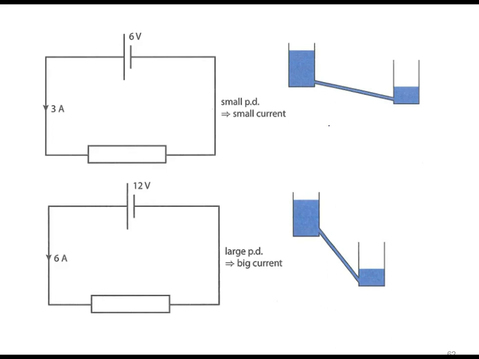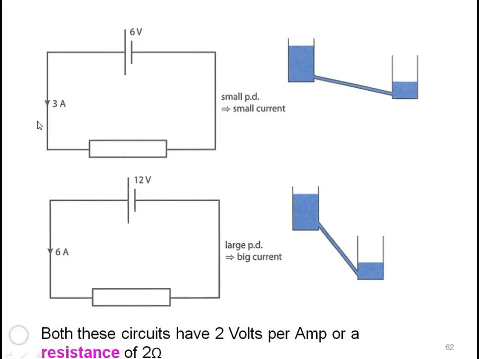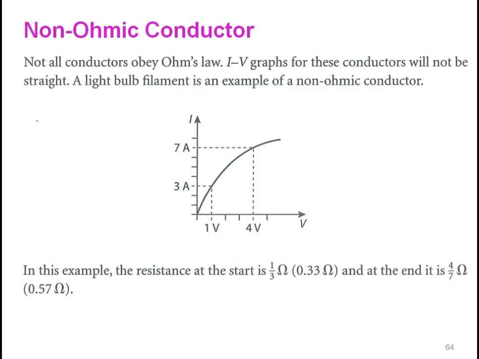All of you know, a small potential difference gives a small current. When 6 volts is applied to the same resistance, the current is 3 ampere. The resistance R is the same, you are changing the voltage. When V is increasing, current is also increasing. Again not visible, let me correct it. For an ohmic conductor which obeys Ohm's law, the graph is a straight line. Non-ohmic conductors are like thermistors and semiconductors.